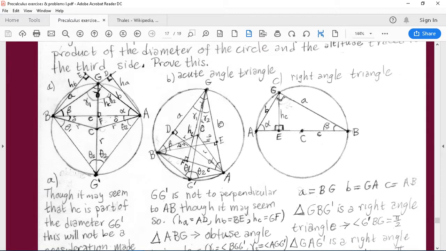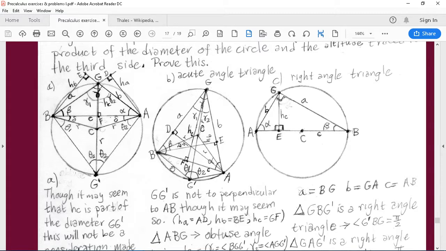Also, for triangle GEB, we had that sine of gamma was equal to HB over A. So for triangle GBE, sine of gamma was equal to HB over A, and for triangle GDA, sine of gamma was equal to HA over B. Those were the 6 relations obtained for the